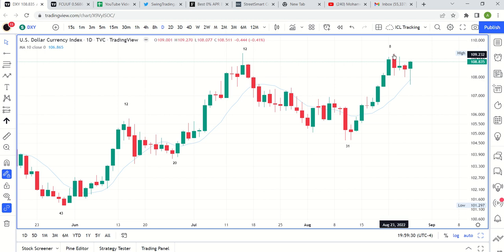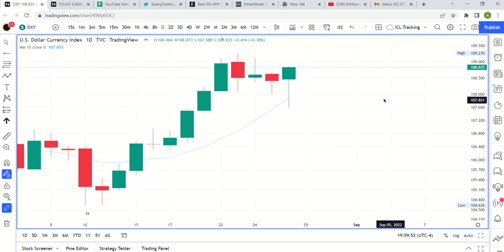So we have a top on day 8. This is day 11, right? Or Friday was day 11, I should say. Monday will be day 12. This really long wick, you can see it was below the 10-period moving average, the 10-day moving average in this case. It was a really ugly red candle at one point. It looked really bad. Now you can see it obviously closed as a really bullish hammer, and more importantly,